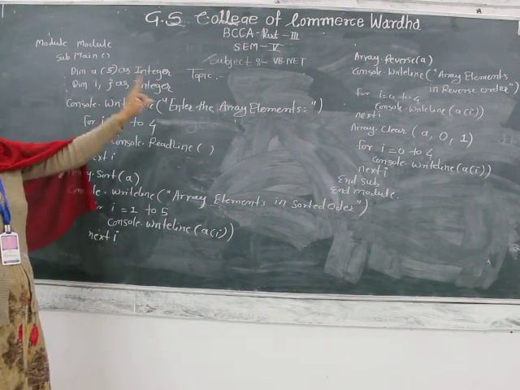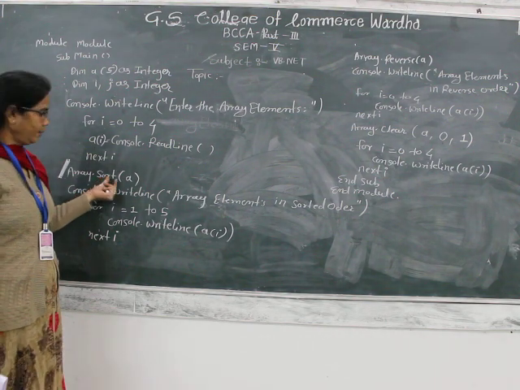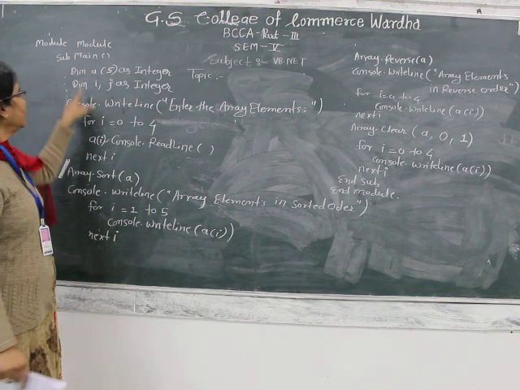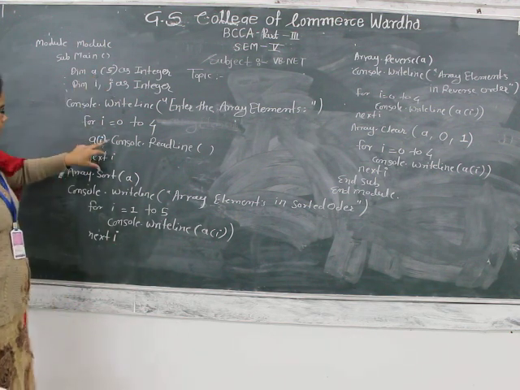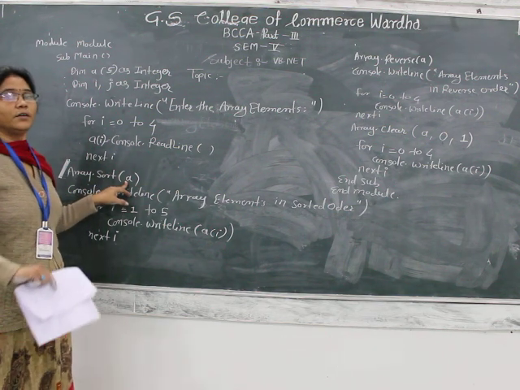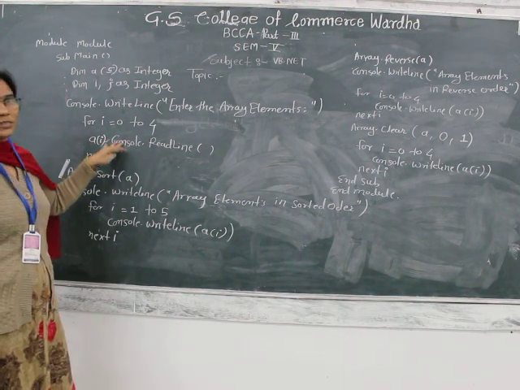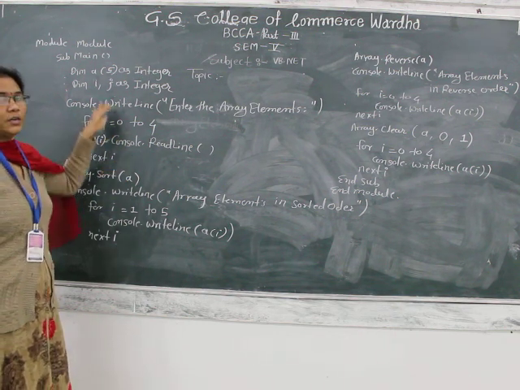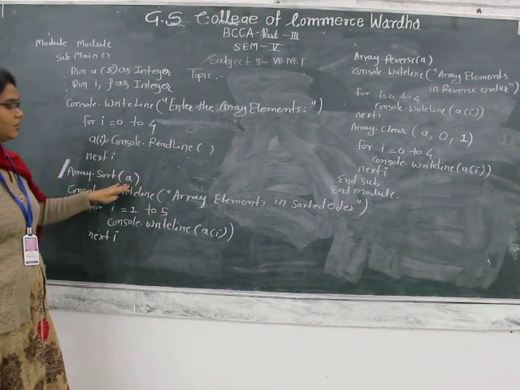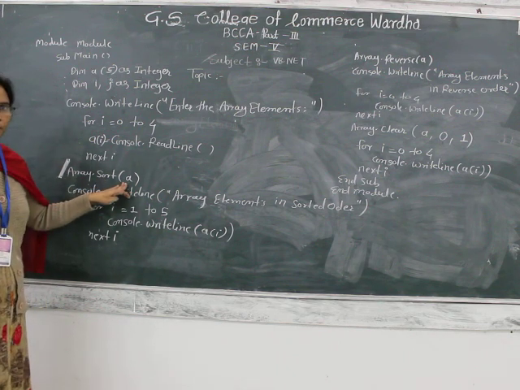System means the VB.NET compiler. So Array.Sort, where Sort is the method name and A is the name of the array we declared earlier. And there are the elements. If there are no elements in that array, there is nothing to sort. So you have to first declare the array, then assign the array elements, and only then can you use the Sort method for that array.